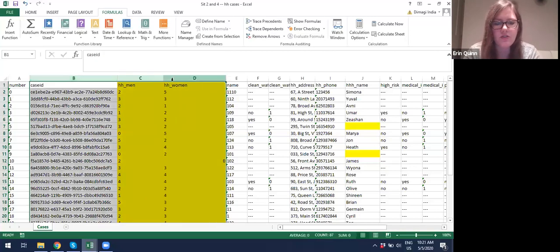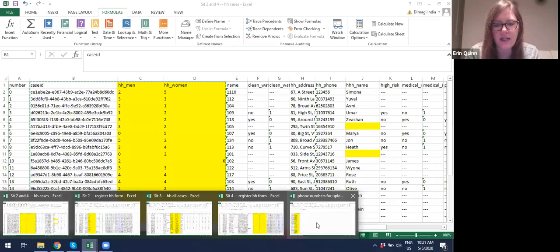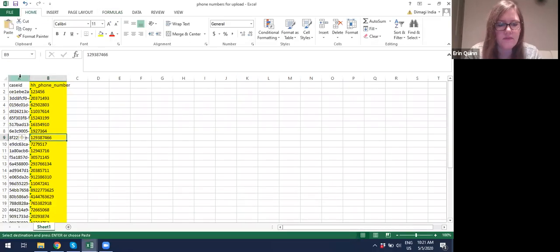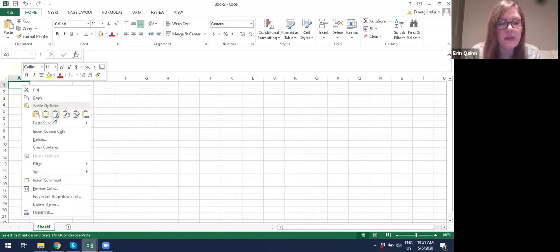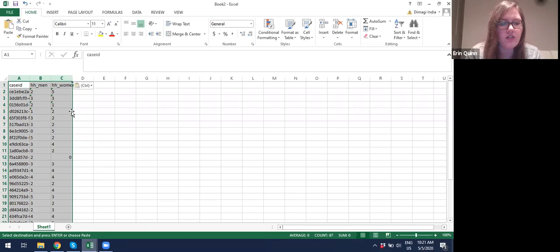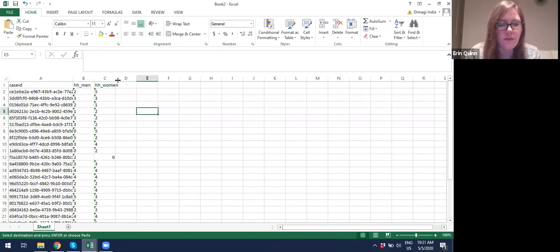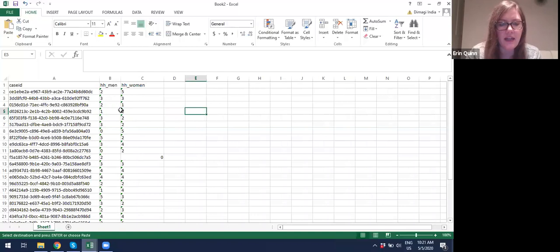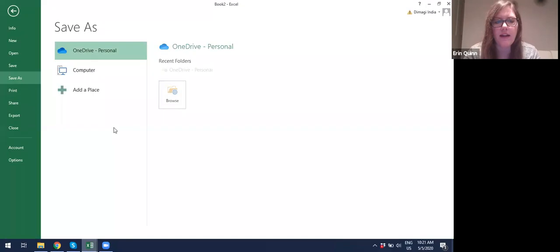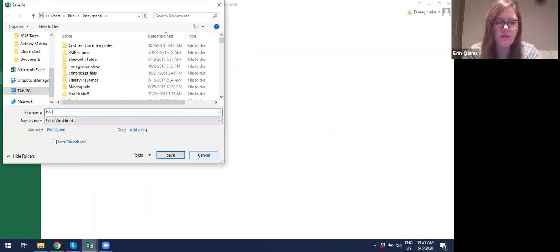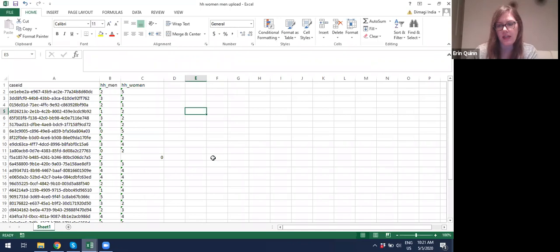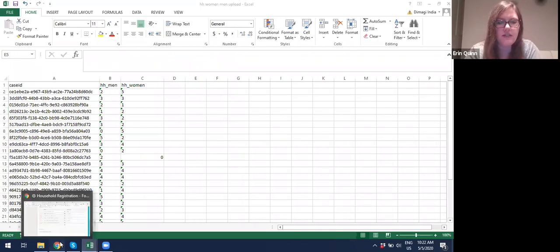And so here what I'm going to do is I'm going to copy all of this. I'm going to bring it into a new spreadsheet here, because again, I really only want to bring over the information that I need. So I don't need all those other columns, all the other things in the case export. I just need the number of men and women and the case ID. So I'm going to save this as household women men upload. And I'm going to walk us through just really quickly in the next 2 minutes how you would do this upload using